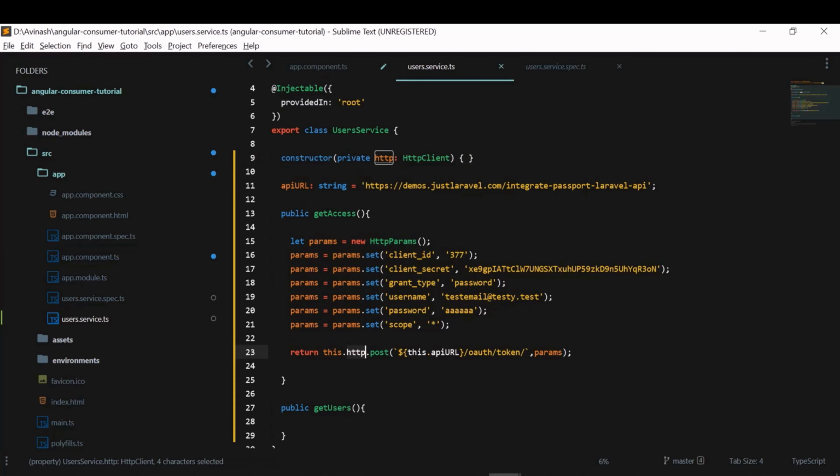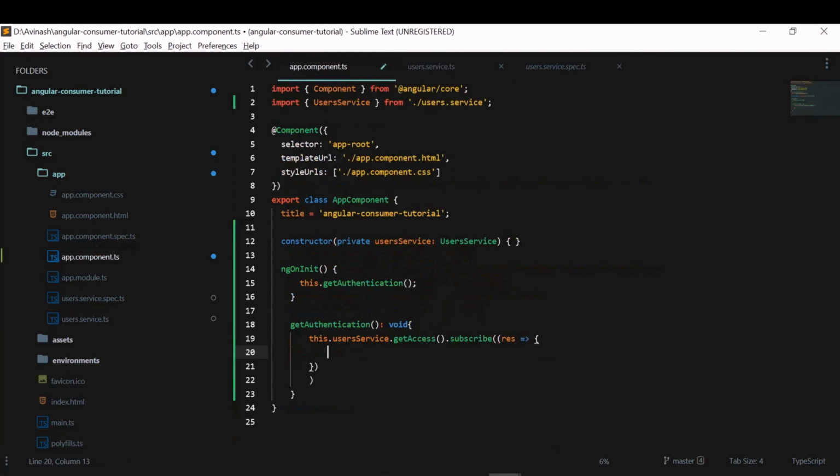The result we get will be stored here, and I will store that in this.accessToken, as we get the access token from that URL, equal to result. This is the variable given here, so we have to use the same thing. Result dot, we'll get the access token, and I'll store it in this access token variable.